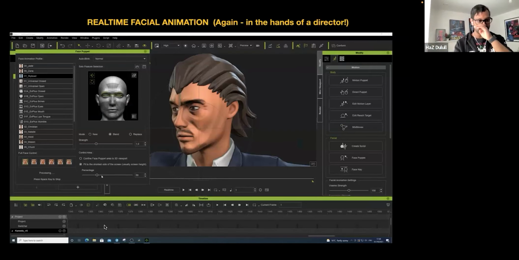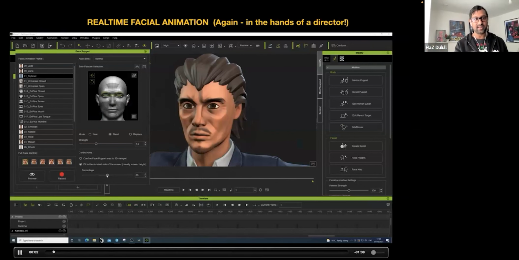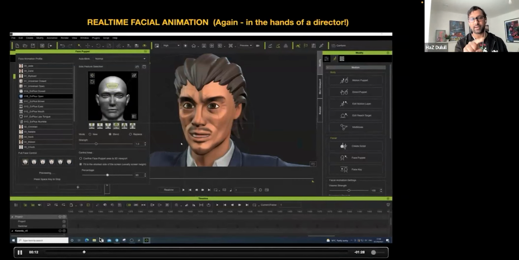Here's some more facial expressions stuff. This is again using the face puppet tool in iClone. I would select parts of the face as the muscles. And then once I press preview and record, this is me just moving my mouse around. I'm not doing any fancy keyframing. It's just me moving the mouse around, but I can record all of that as I'm doing it. So I'm not having to hit keyframes or stuff like that. It's auto-generating the keyframes as I move it.